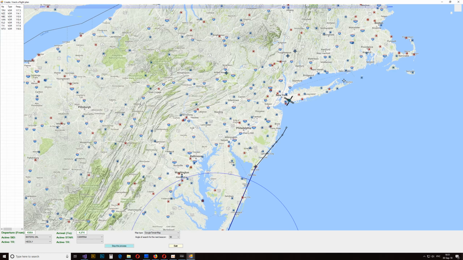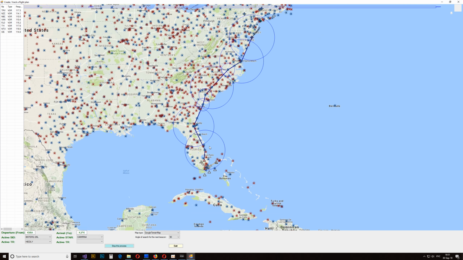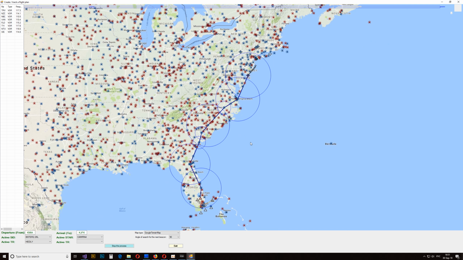Next, and with beacons, you see the prepared flight plan. When I drag all necessary beacons to these boxes,